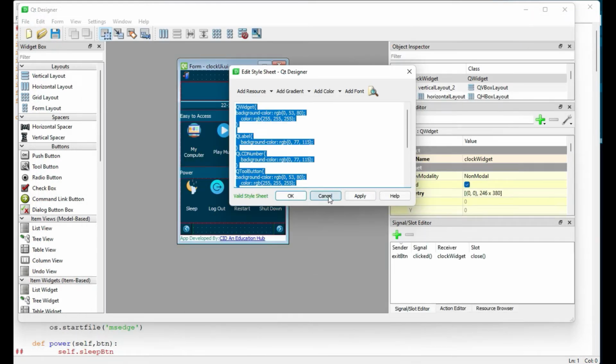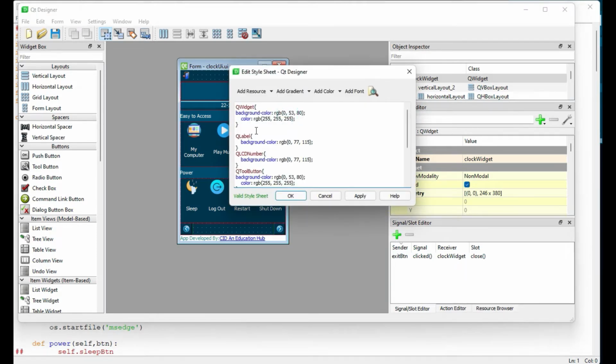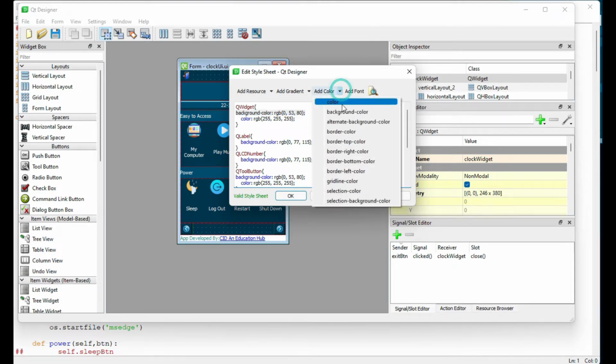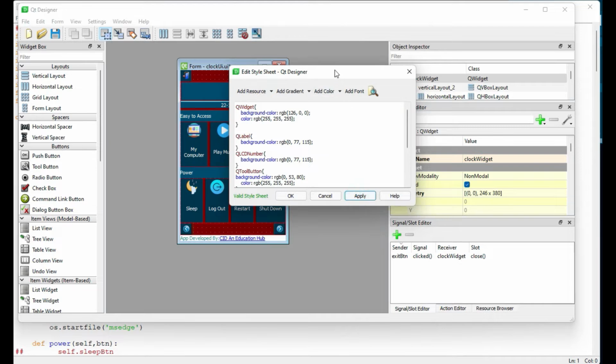So I'll right click again and go to change the style sheet, and under QWidget I'll remove this background color and replace it with a maroon color, like this one. Now let's apply. Now it's done.